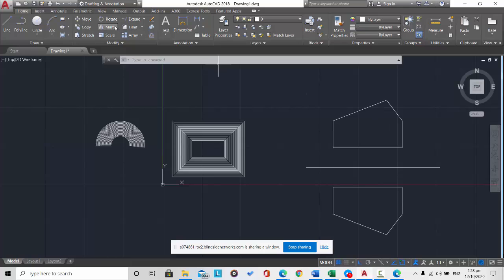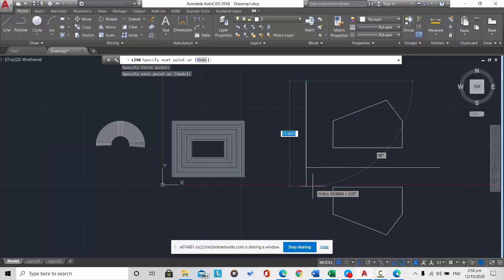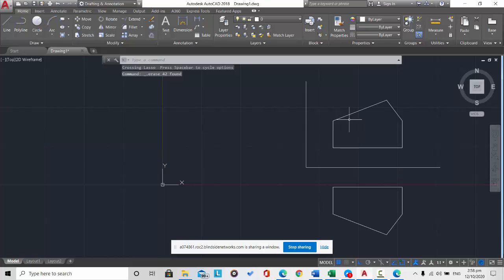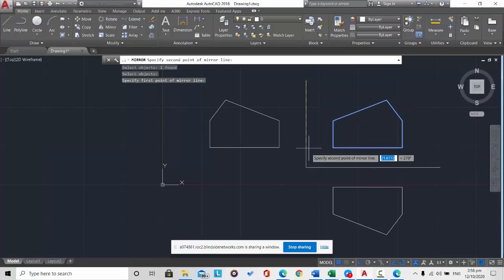I can also create a line here, and then create a line here, so that I can create a mirror. For example, I will try to erase this. Okay, and then I will create a mirror of this one, and then press enter. I will specify my first point as this one, and this one is my second point. So I am creating now a mirror that is similar to this one, but you will notice that the mirror